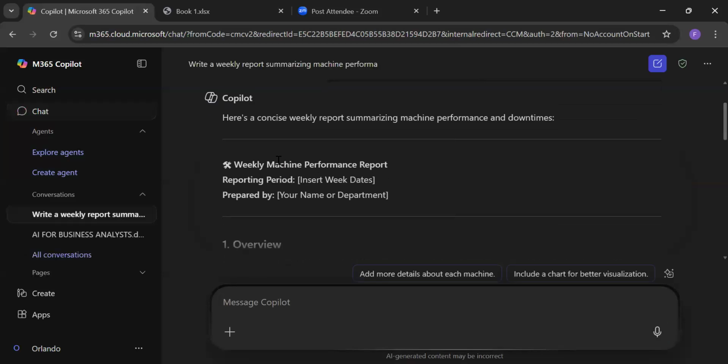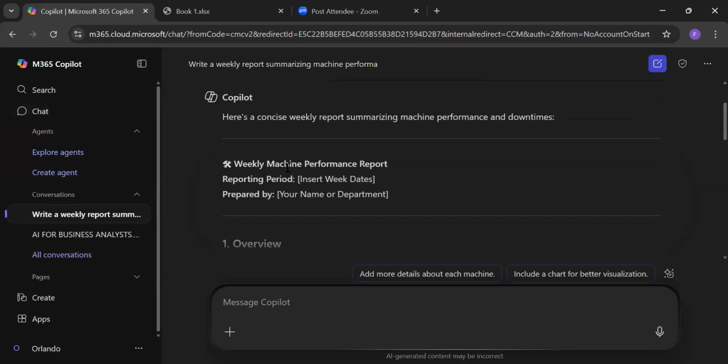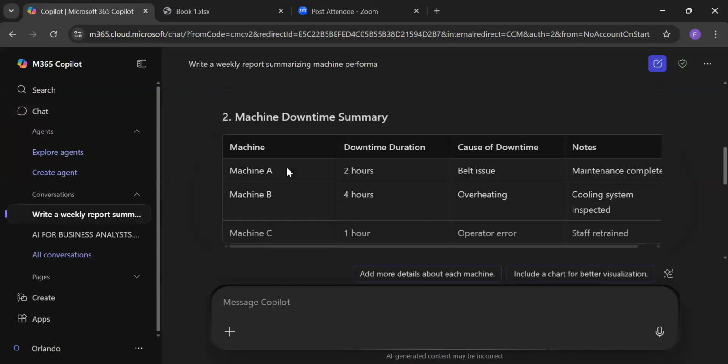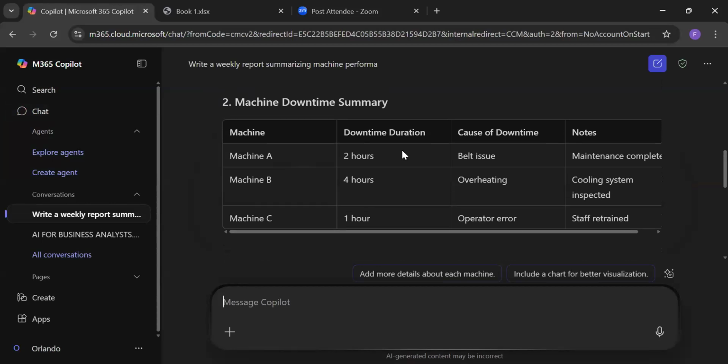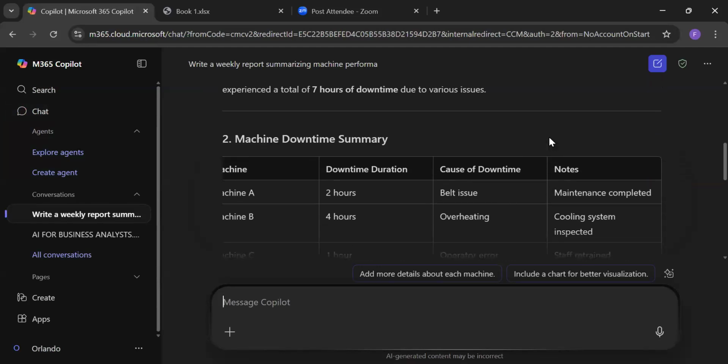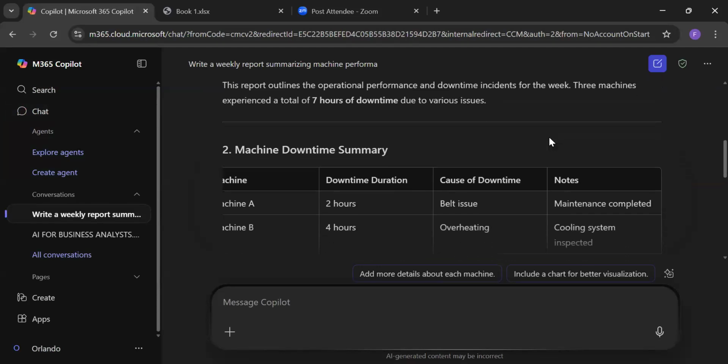Yes, a concise report. So it gave us an overview, and then created a tabular form for us, where it gave us a report.